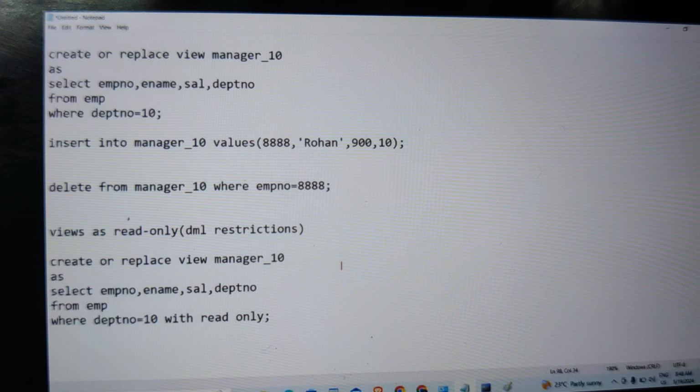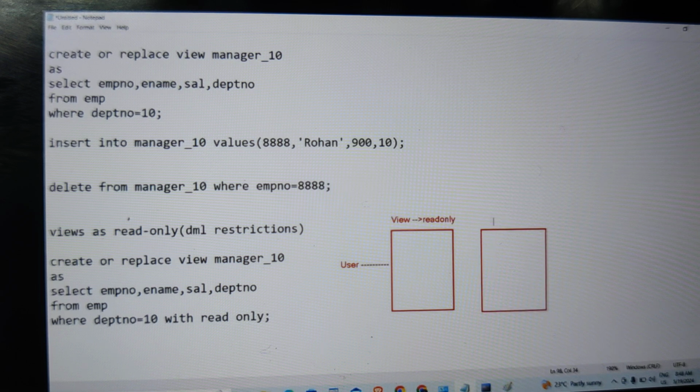Means what I'm telling is, for a user, I kept one view as a read only view. Now this view is read only. You cannot do any DML operation. There is a base table, and you created a view on the base table, and the user can interact with the view only for select. Select only is possible. This view is created with read only, so you can do only select, but you cannot do any other operation. DML operations are restricted. Understand? Not only insert, update, delete, you cannot perform any operation. This is called read only.